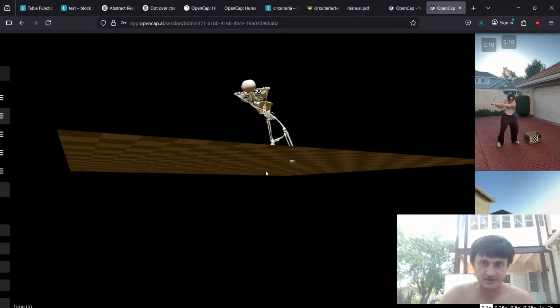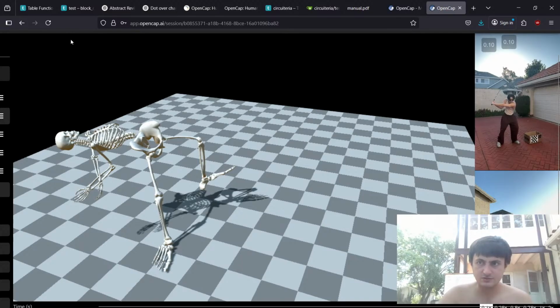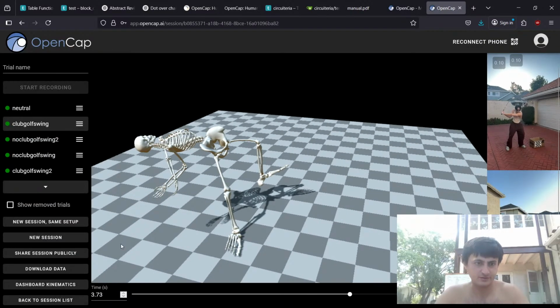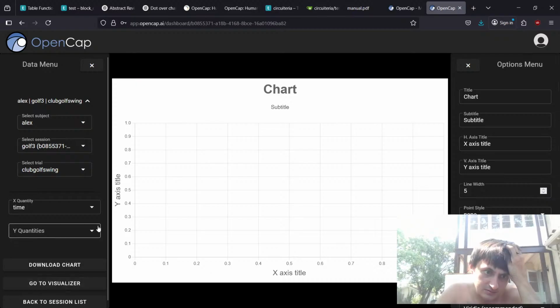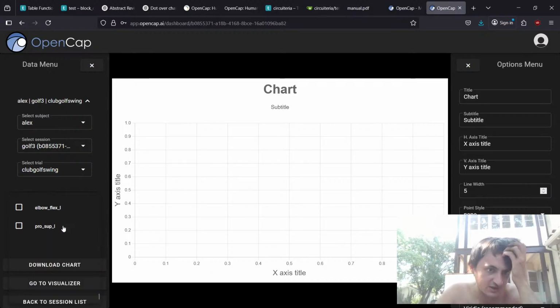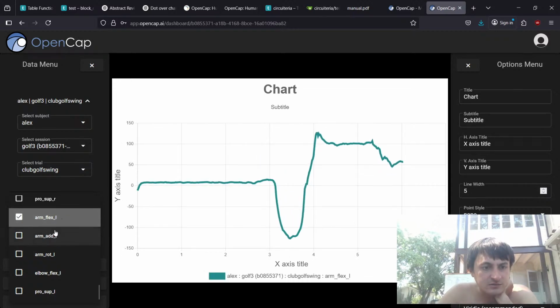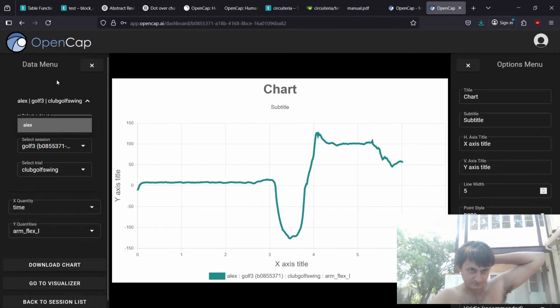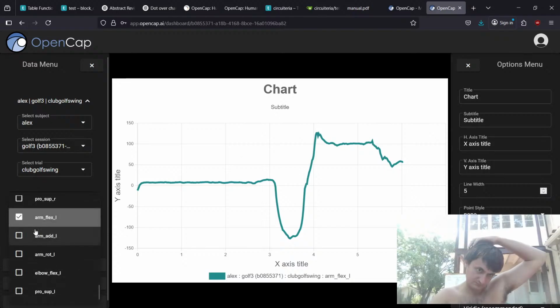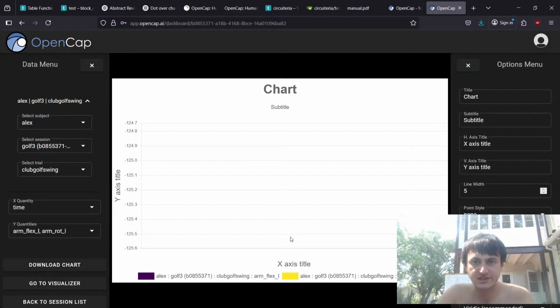Okay, so do you see this? Okay, so... Wait, how do I... There we go. Share session publicly. Dashboard kinematics. Okay. So what I want was, what was it? Arm flex L? So what is flex? All right, arm rot L. So yeah, about here is where we want to seed the model, because